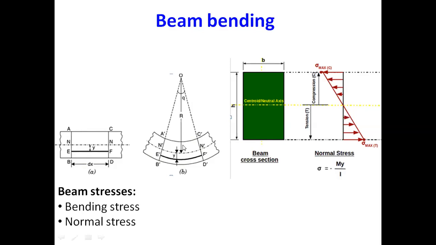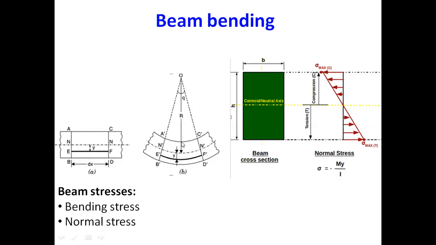So here in beams, on this side, as there is compression, we would have compressive stresses, whereas on this side of the beam, which is in tension, we would have tensile stresses. And both of these stresses are normal stresses. The loading is perpendicular to the cross section. If we take a cross section here, the loading would be perpendicular to the cross section. So the loading is normal loading, and the stress which would be produced is the normal stress. Here we would have compressive stress, here we would have tensile stress.